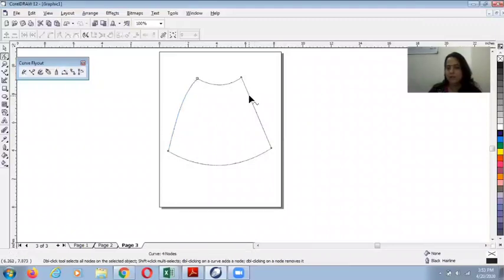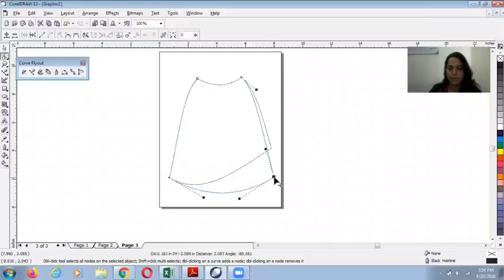I can give any shape to the garment silhouette. If I want to give the flare here, I'll double click on the node. If I don't want this, I can remove by double clicking. And if I want to add, then I have to click on the line, double click.